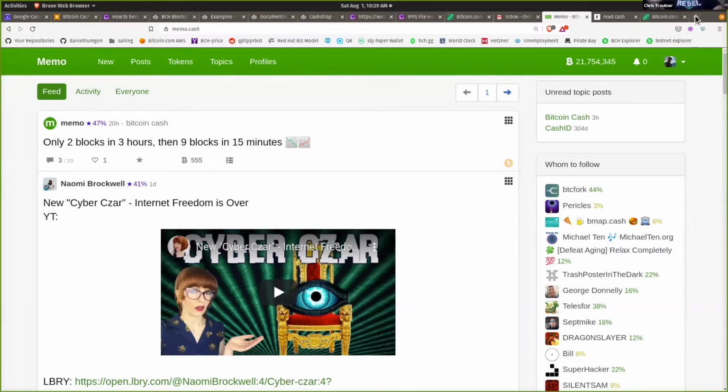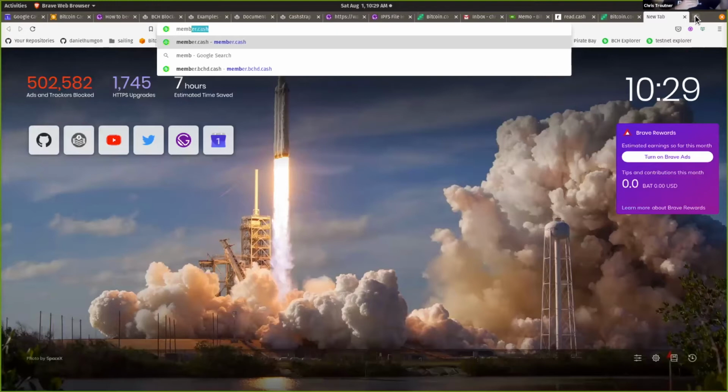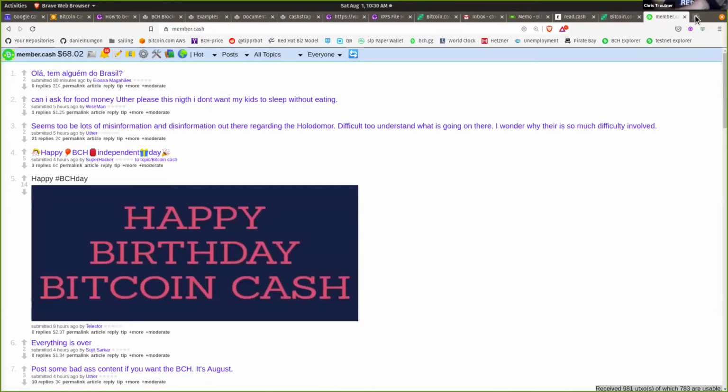And then this protocol was expanded with member.cash, which is similar to Reddit. It's more of a long form post and format, but it uses the same technology. And I love these two sites. I always use them as cases for good Bitcoin Cash applications, because